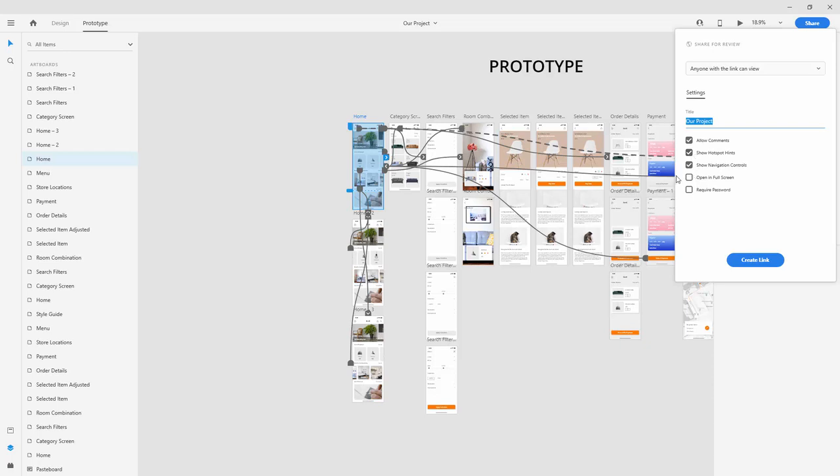Open in full screen. I don't recommend it because people sometimes get confused with it because they don't know what to do. And finally, require password. You can create a password for this prototype if you don't want somebody to access it without any password. And anybody with the link can view, or only invited people can view. If you click right there, you can then send some people emails and just enter email addresses and send to those people. When you're finished with everything, you can hit create a link and it will start creating your link,